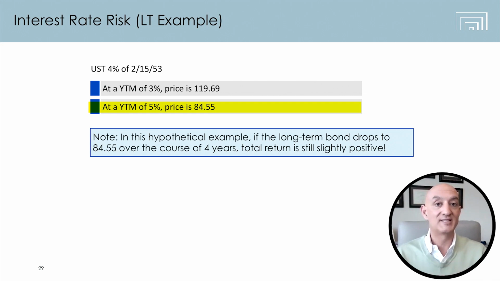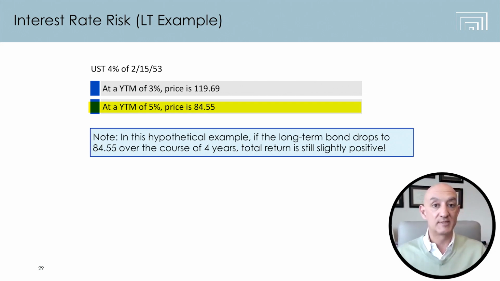And remember, price is the only thing that changes between now and maturity. So what's going to have to happen is your bond price is going to have to come down so that the buyer gets a yield to maturity of 5% from the bond that they're buying from you, right? So in order to do that, interest rates go up from 4% to 5%. Your 4% coupon bond, now you're paying $40 a year. They need to get $50 a year for 30 years. In order to make them whole, you're going to have to get your bond price all the way down to 84.55 cents on the dollar.